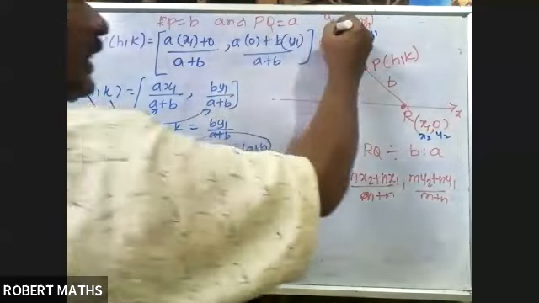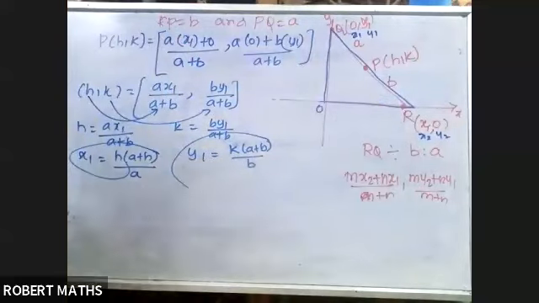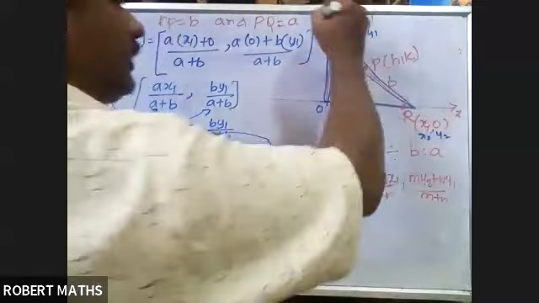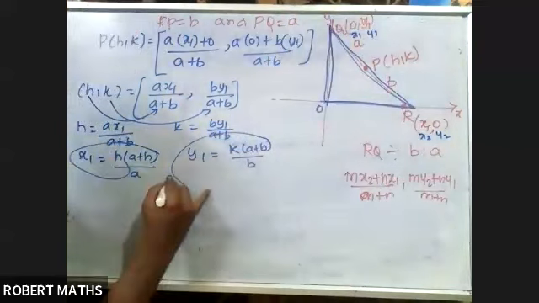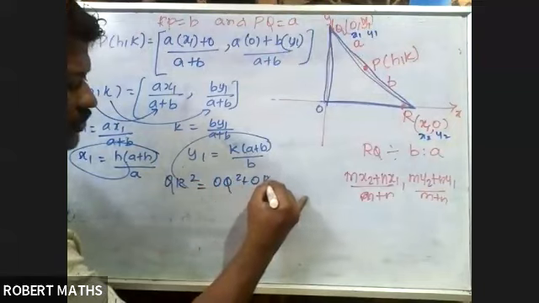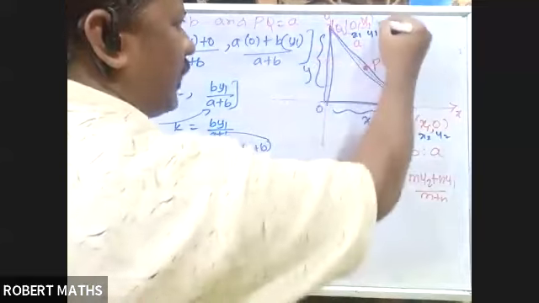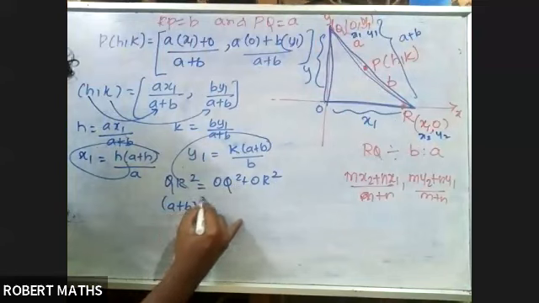Now look at this place: this point is the origin O. So how is this triangle OQR? Sindhuja, tell me. Manikam, Balamurugan, Tarika, Yuvasri, anybody, Niranjana, what type of triangle is this? OQR is what triangle? Right angle triangle. You can use the Pythagoras theorem. Pythagoras theorem says QR square equals OQ square plus OR square. OR distance is x1 and OQ distance is y1. This distance is nothing but a plus b. I can write this as (a plus b) the whole square.